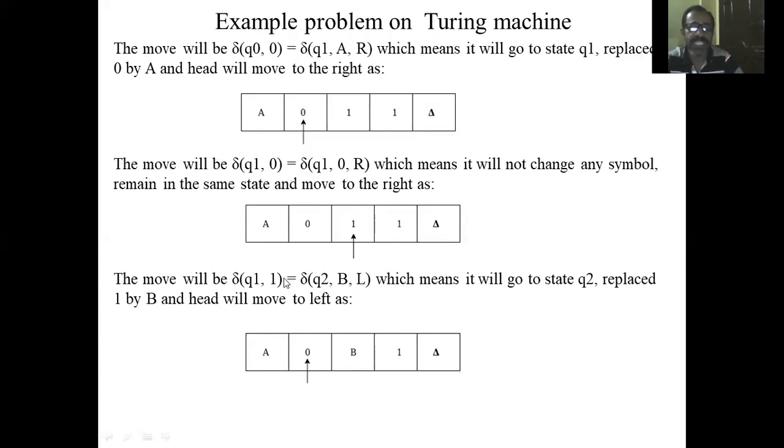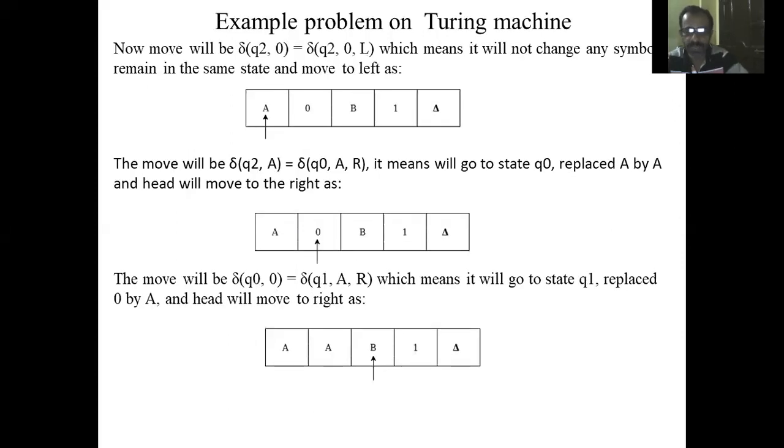What we do is, the state is still Q1. So delta of Q1 on 1. Here we are changing 1 to B, performing one operation, and then immediately change the state from Q1 to Q2. So here we are using Q1 for changing 1 to B. Now we have reached Q2. But once 1 is replaced with B, then go back. Go back until reaching the first unchanged zero from the left.